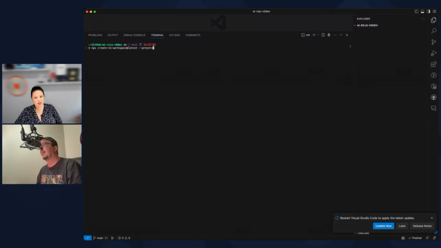I don't want to do Next. Probably React TS. Package manager, I'll just leave. And then what? Oh, wait, never mind. Skip. I don't know if this is going to do what I think it's going to do.